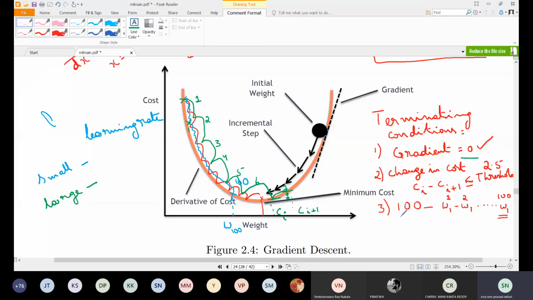Need not be best model because your number of iterations is fixed 100. Whereas ఇక్కడ ఫస్ట్ కండిషన్లో it is based on a condition, any iterations, as long as you reach a condition where, or you reached a stage where the gradient is 0. Okay, and the second case, as long as the improvement in the cost is less than threshold. And the last case 100 iterations, that's all. అంతకన్నా ఎక్కువ iterations నేను చేయను. Okay,